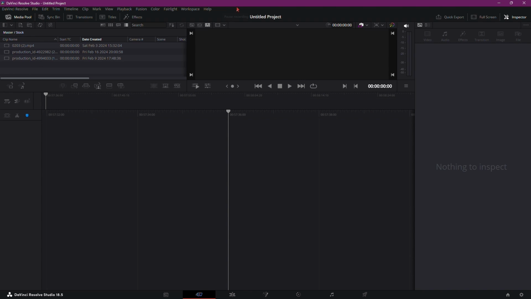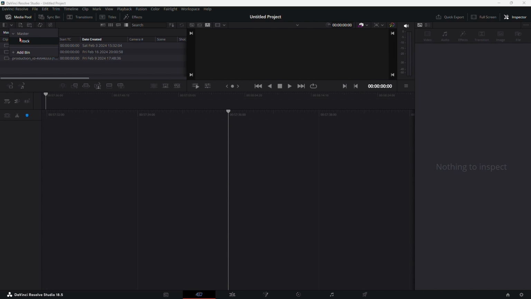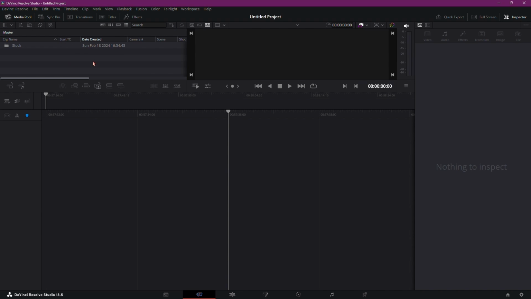Now, to view the imported folder, navigate to the bin list and select Master. In this section, you'll find a comprehensive list of all your imported media assets, including the folder you just brought in. This method of importing media folders enhances your editing experience by providing a systematic and efficient approach to handling multiple files. It's a valuable step towards maintaining a well-organized media pool, which is key to a smoother and more